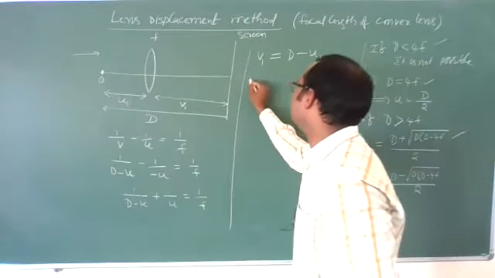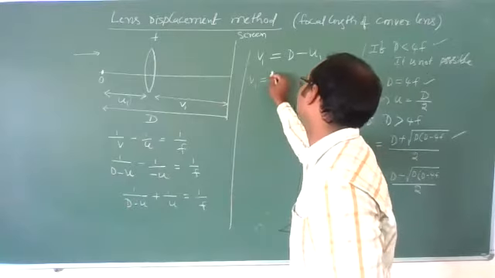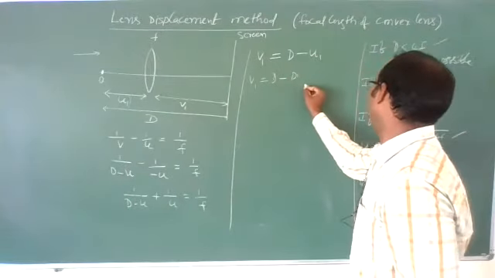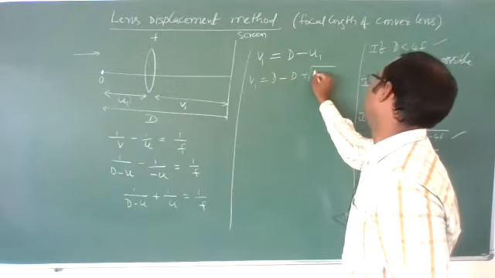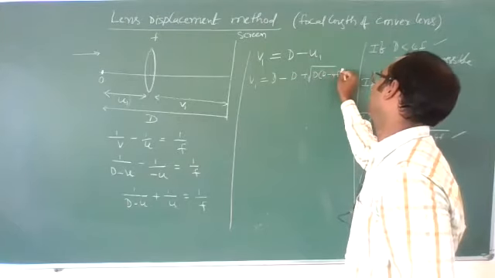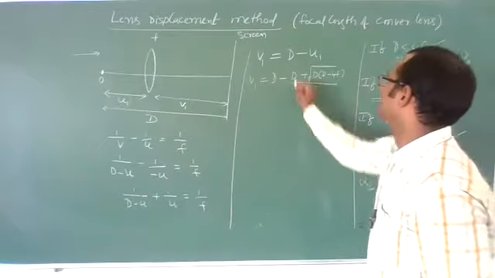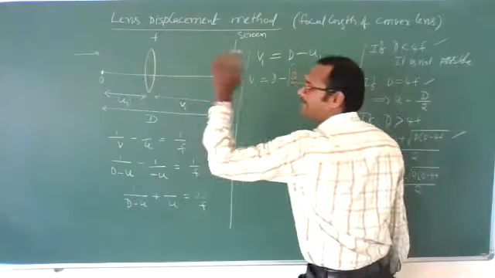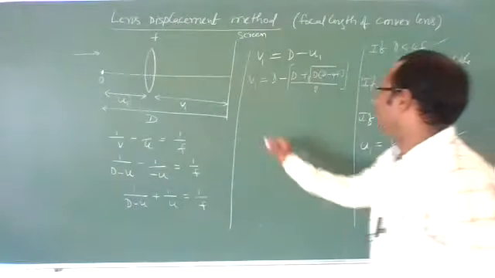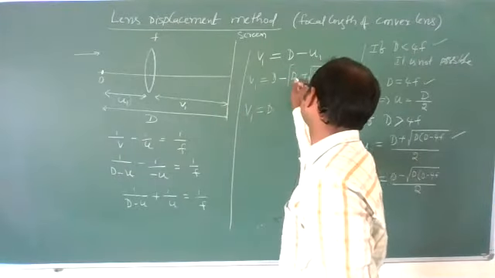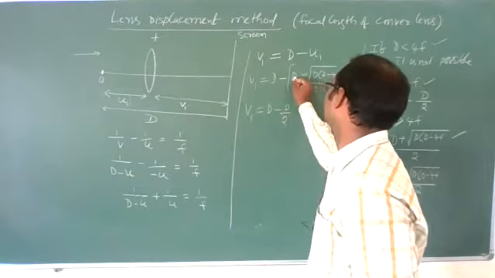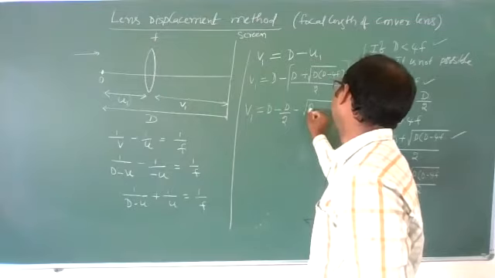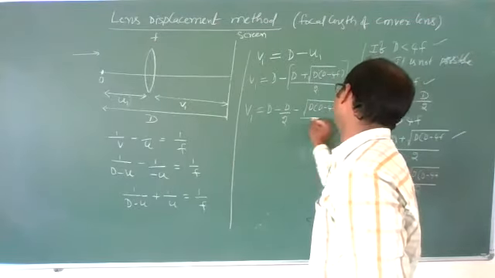That means what is the image distance? It is capital D minus u1. What is u1? u1 is D plus root of D into D minus 4f, by 2. So D minus u1 is the image distance for that particular distance of u1. So what will you get? v1 you will get as D, split it, minus D by 2. Correct? Plus or minus root of D into D minus 4f, by 2.